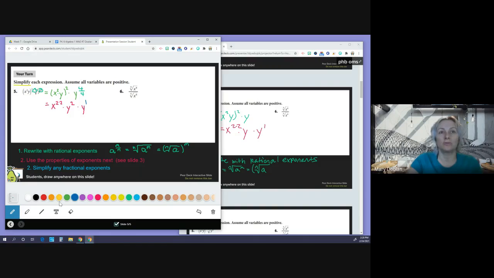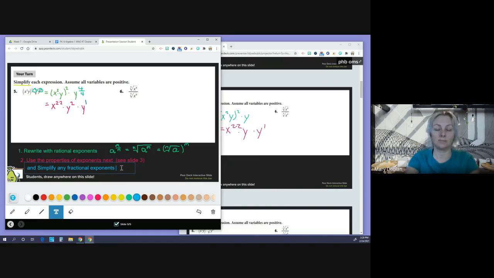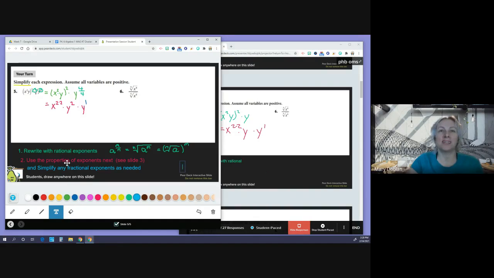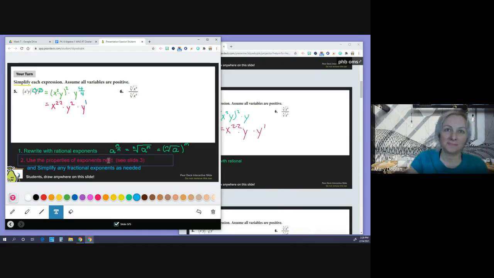Is that weird that they're both called number 2? Maybe if I just take out the 2 twice. I don't know. Let me do this. As needed, I suppose. Okay, so using the property of exponents and simplify any fractional exponents as needed. So right here, we're on to